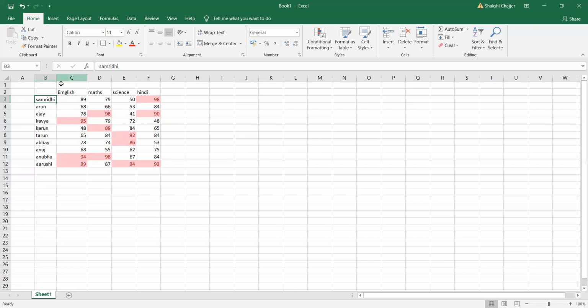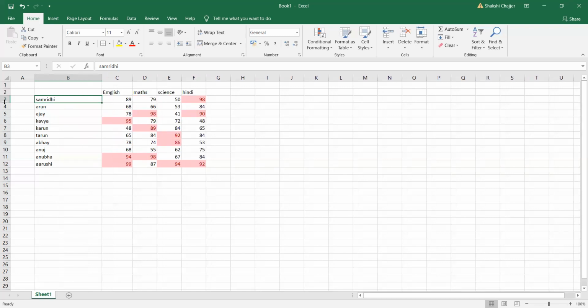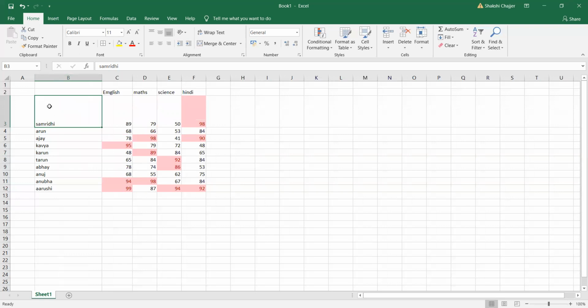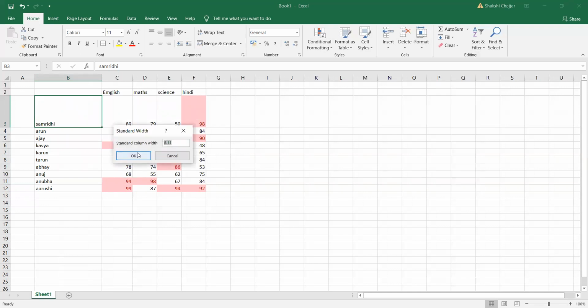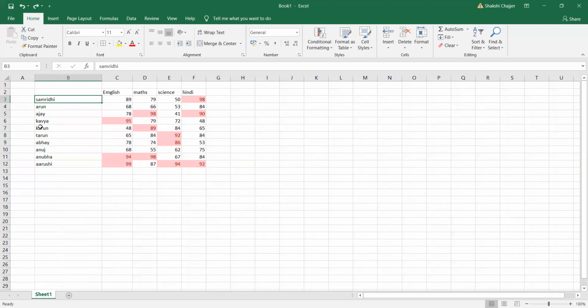The second way is as soon as you go to the specific line, can you see a plus sign coming? Now this plus sign, if you drag it, you can increase the width of the column. If you drag this row side, you can increase the height of the row. So both options are available. Now, if we click on default width, we'll get the normal width which is there for the specific row and column.